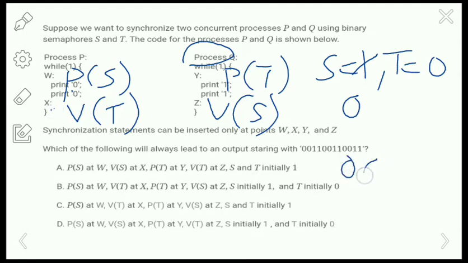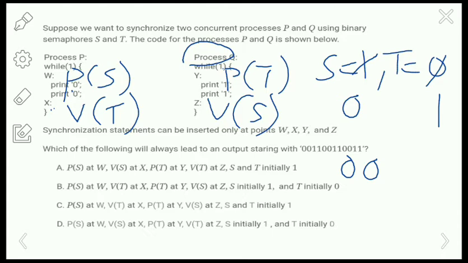Then at X, the value of t is initially 0, so we increment t and it becomes 1. Now process P stops executing and process Q starts executing.